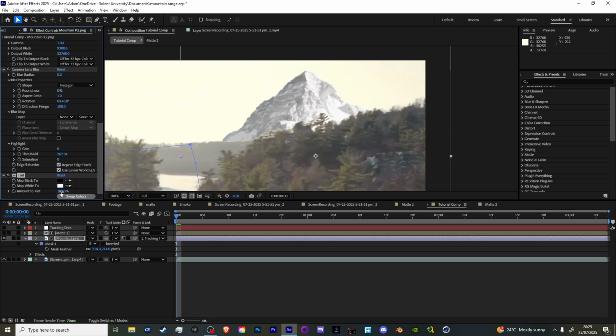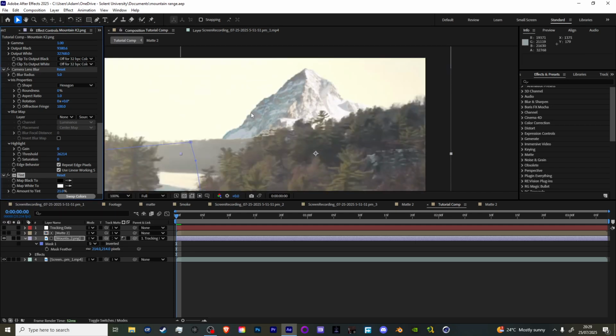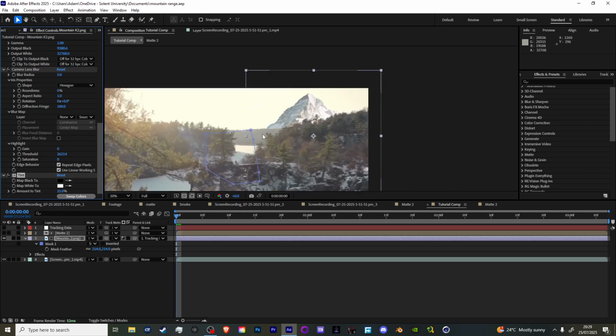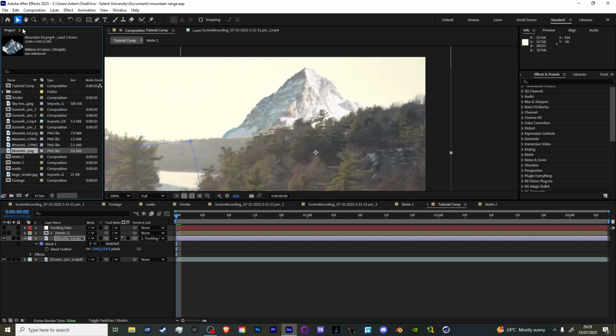So we're going to lower the amount of tint just to desaturate a little bit. And this looks fantastic. This is what we want. I mean, it looks great. Okay, so now what I'm going to do is